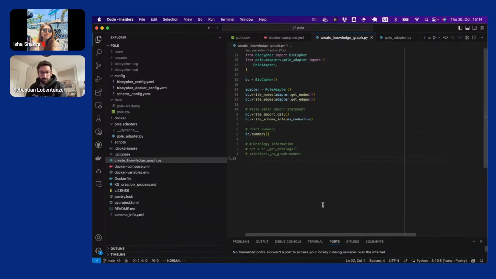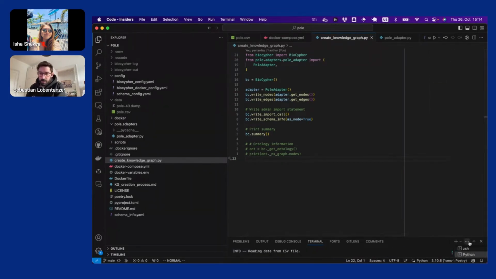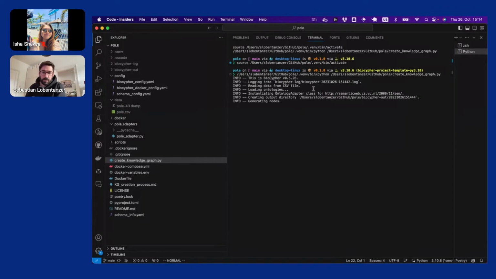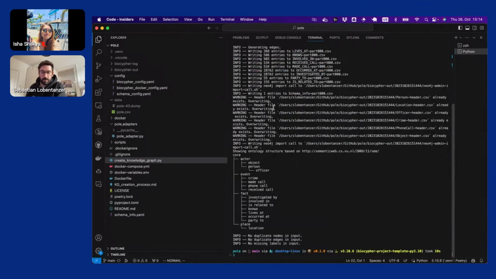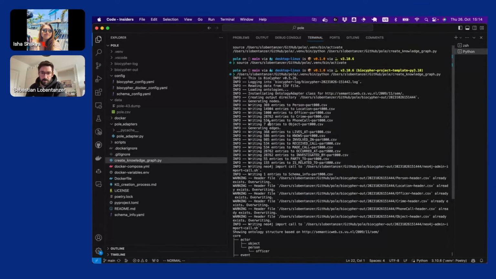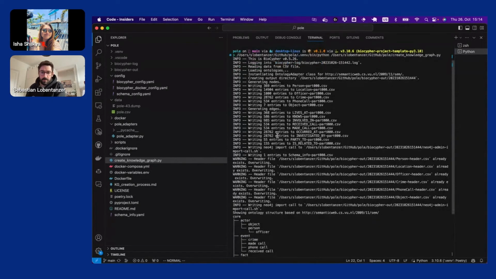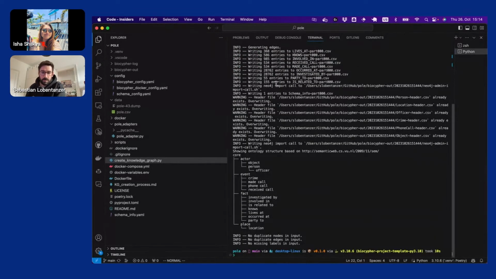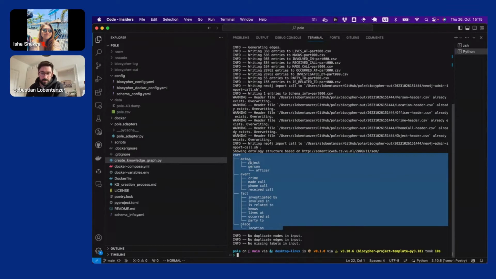We can also run this to see what running BioCypher looks like. Here we see that we start up BioCypher, we do some logging, we load the ontology, where we do the mapping, and then the adapter generates nodes and edges into an import call file. Then we also get the types of entities, depending on the ontology that we loaded, that are in the graph.